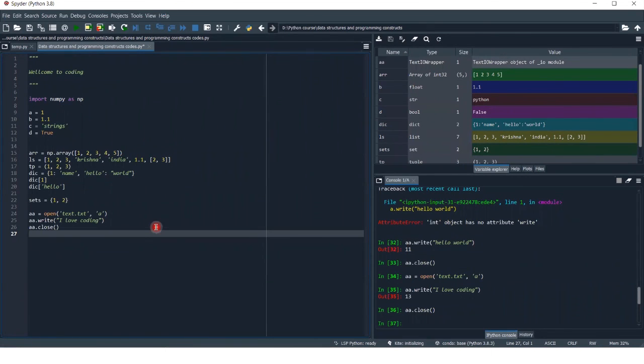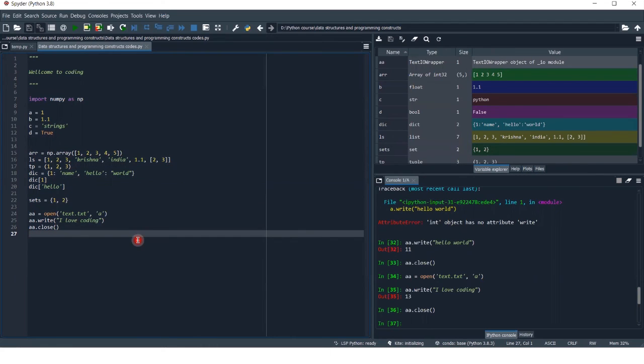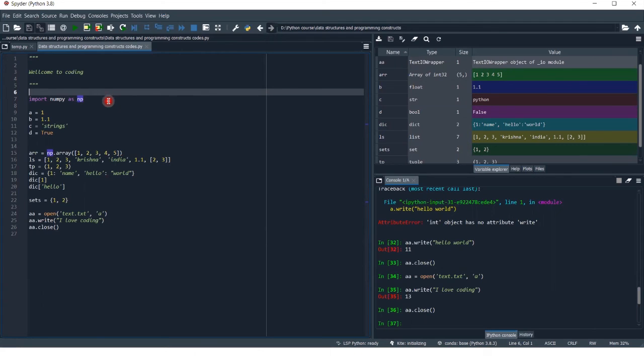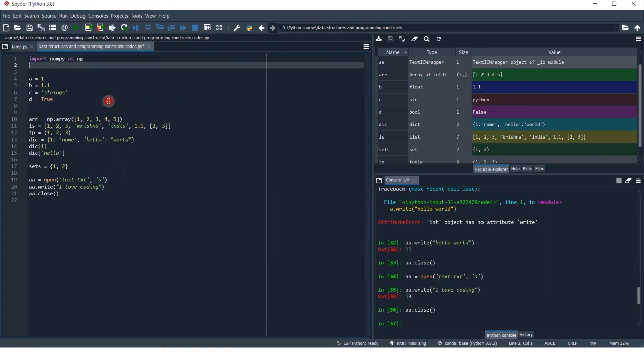So that's all for this files data structure. I'm also going to tell you something: as you can see, I wrote this code, and this code looks messy. So what you have to do is, first of all, when we have to import some libraries, we have to write those imports on top of our Python file. So first of all, clear out all these things. I don't want this. Import the libraries which you want first.